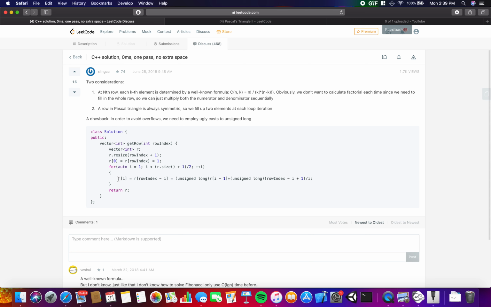Okay, so you're only going halfway through, and then you're saying those are equivalent. I like the syntax. He's saying the first and the last are both going to get r i minus 1 times what? This is what he's doing. He's doing that formula. Okay, so basically it says